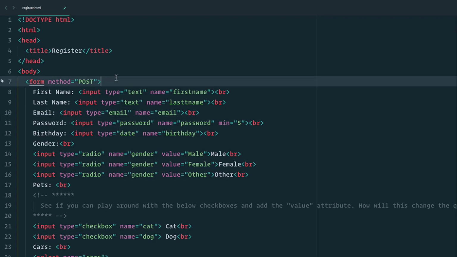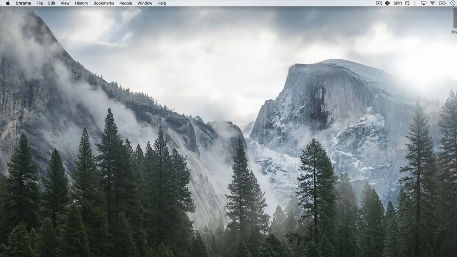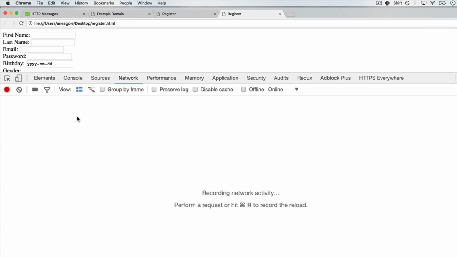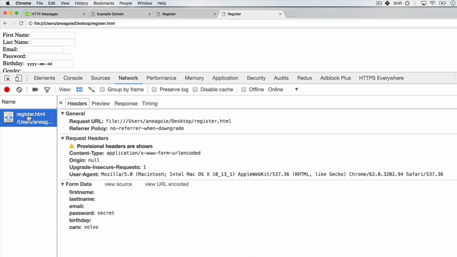If I change this over here, I'm going to save this. And let's open up a new tab with the new saved data. This one is a post form. If I open it up here and I type in password secret and I click on register, I get register.html, but no query strings. If I click on this,